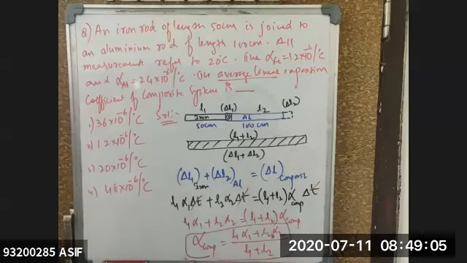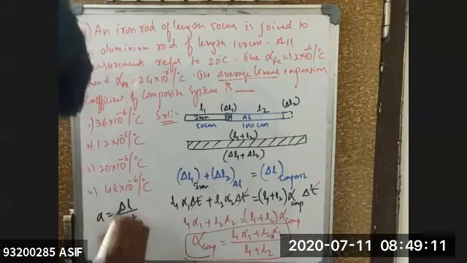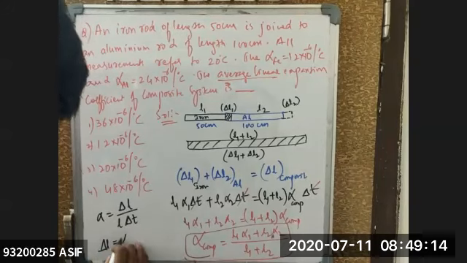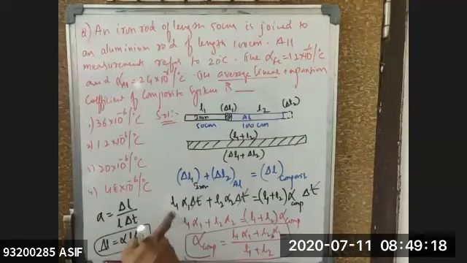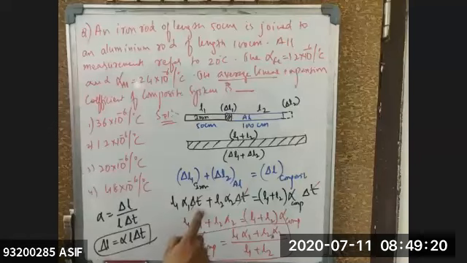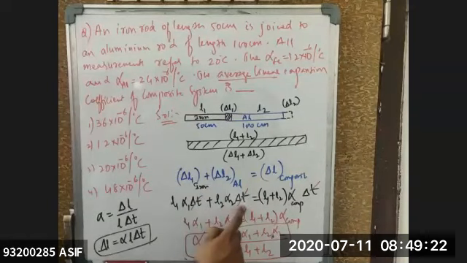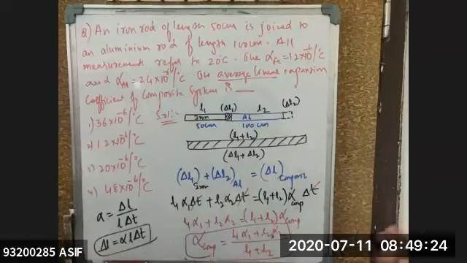Yes, sir. Now delta L, we know the formula. How have you written the delta L, beta? So we know the formula alpha is equal to delta L by L into delta T. So from this one I have written delta L. Delta L is equal to alpha into L into delta T. This is your formula. So that value I have written for you. L1 alpha 1 into delta T plus L2 alpha 2 into delta T is equal to, composite means now it is a total system,